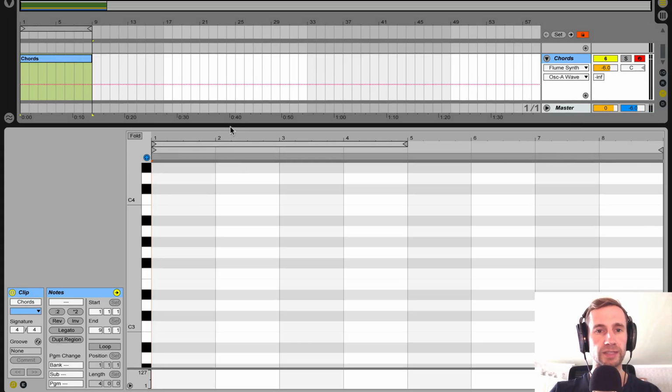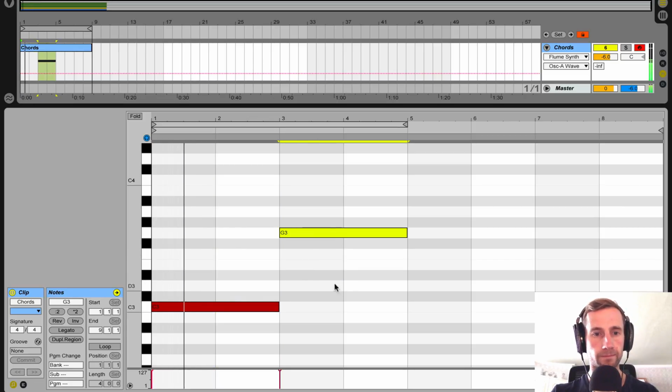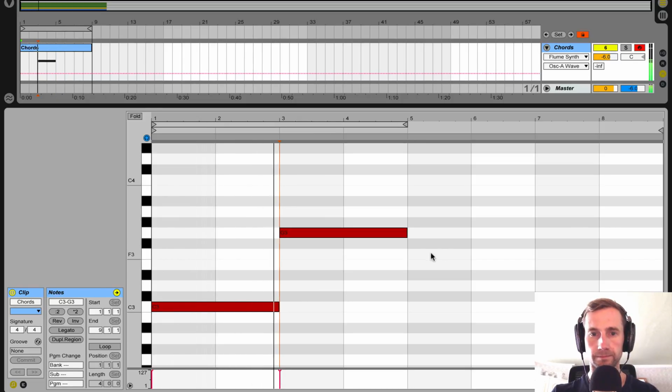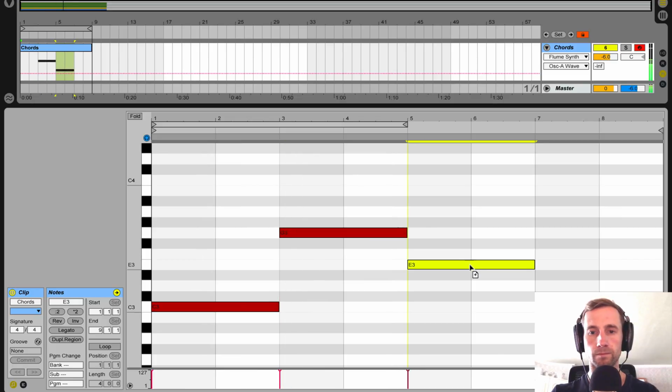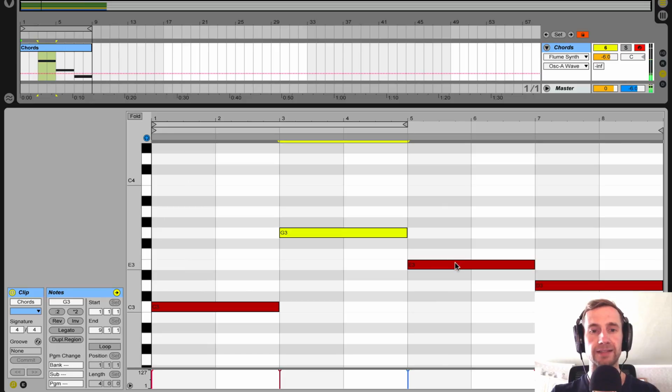Right, building the chords. Now I'm going to do this in the key of C major. Now if you've seen any of my other videos on building chords, you'll know what I'm doing, but basically we are going to put the bass notes in first. And then once we've got our bass notes, which is a first and a fifth, and a third and a second in the key of C major,